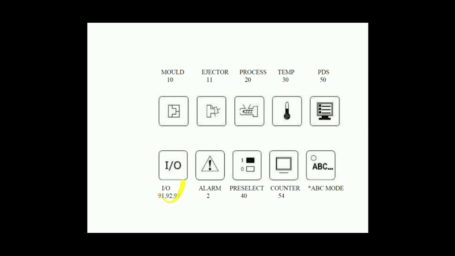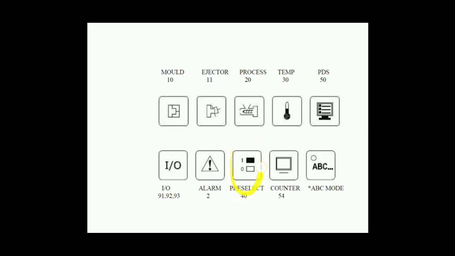And IO is the input output page. Here you can see the input output options of your machine. The input output options will be shown directly by clicking this. You will know what the inputs and what the outputs are in your system. Now moving to the next page, that is for alarm. If your machine suddenly stops for a certain reason, then you will get an alarm. To know that particular alarm, you have to press this alarm button. By pressing this alarm button, you will be directly redirected.